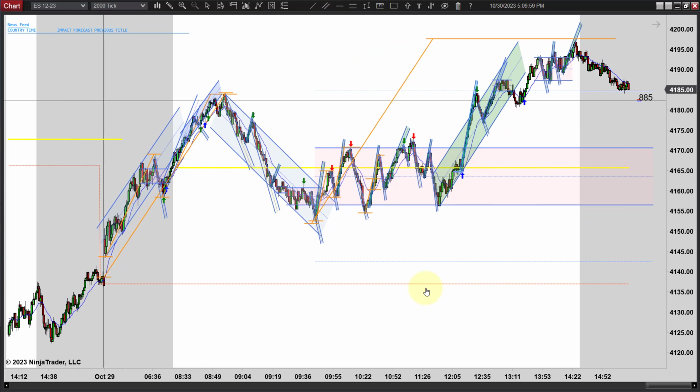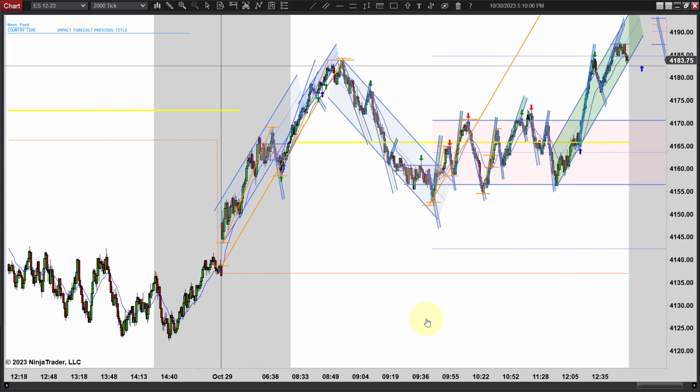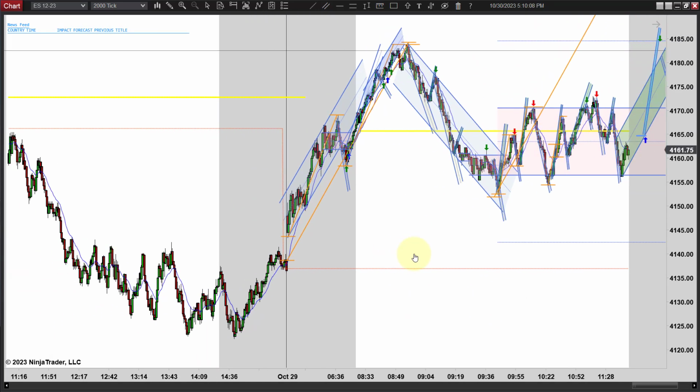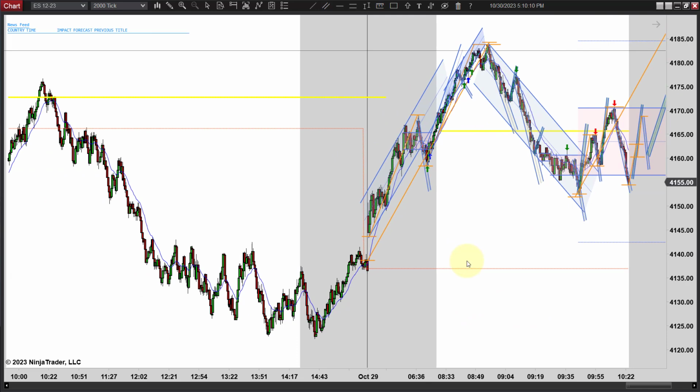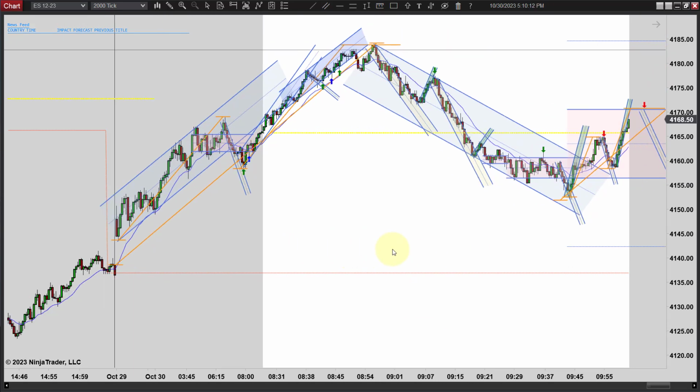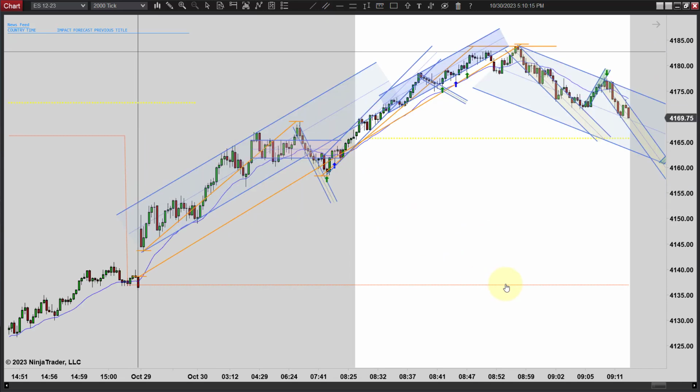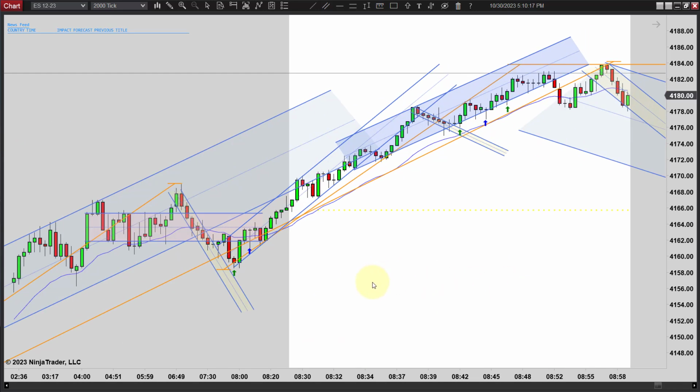So again, not a lot of trades today, but there's enough here that you can find a trade. There were several green ones that were iffy, but you just have to be careful with those, especially right now. But let's zoom on in here, go through the trades, and we'll wrap this day up.